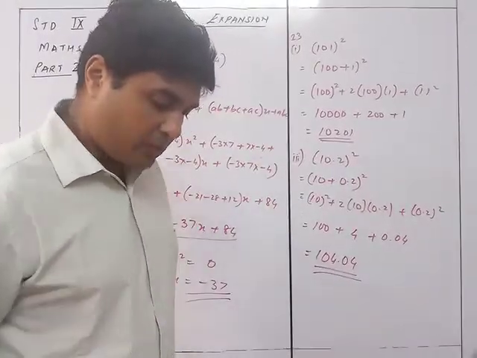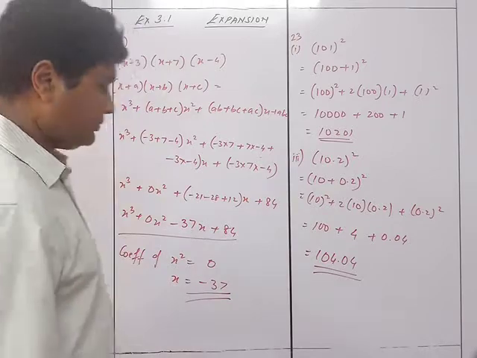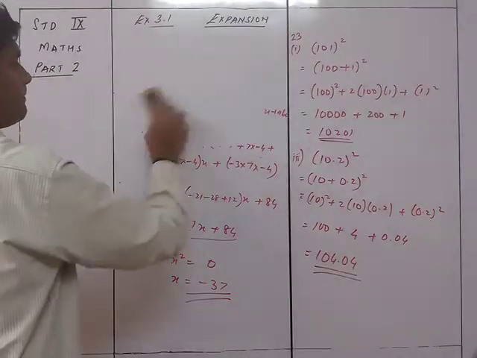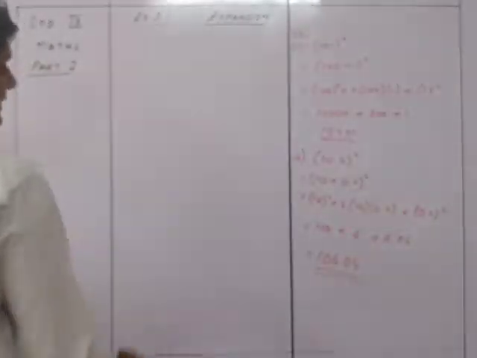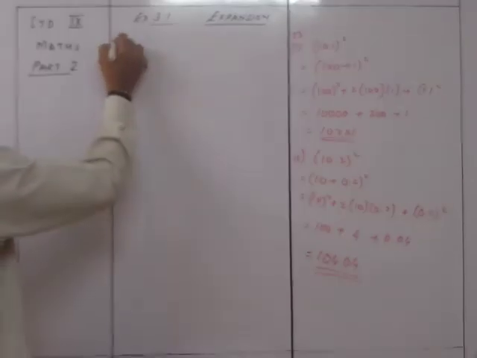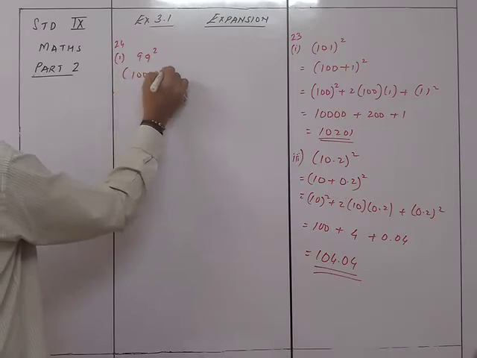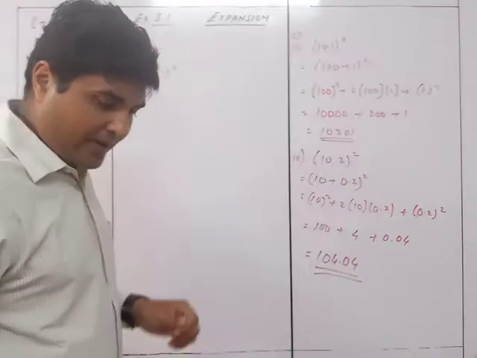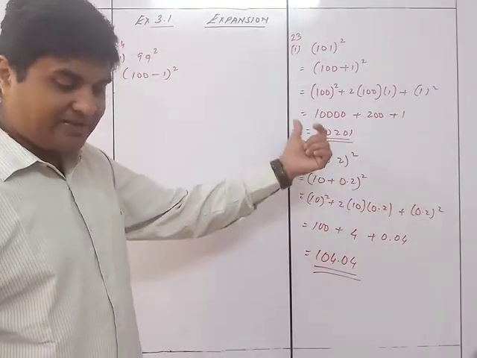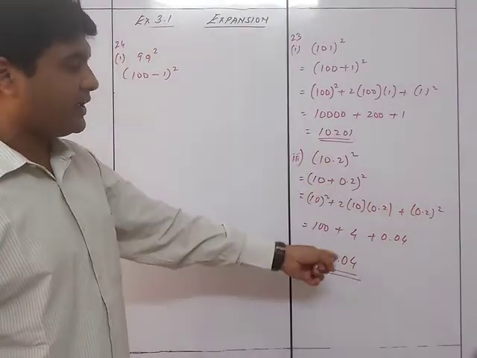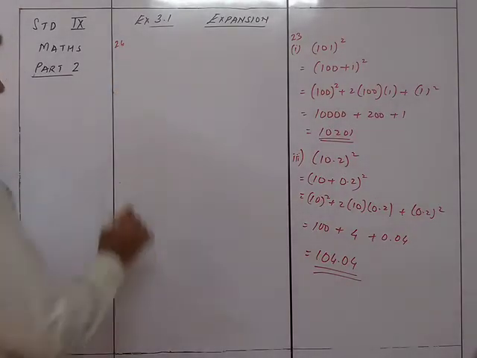Now we move on to sum number 24 and then 25. We'll have to take it that way. So 24. As per the alternate sums, we'll take the 24th first. It is 99 the whole square, which is nothing but 100 minus 1 the whole square. I think it is getting the same thing, so I'll take the second one, because this is exactly the plus-minus version of it. So I better take the second sum.